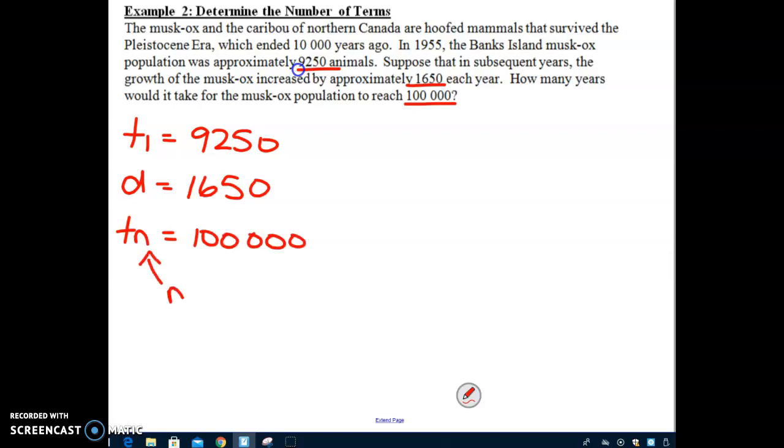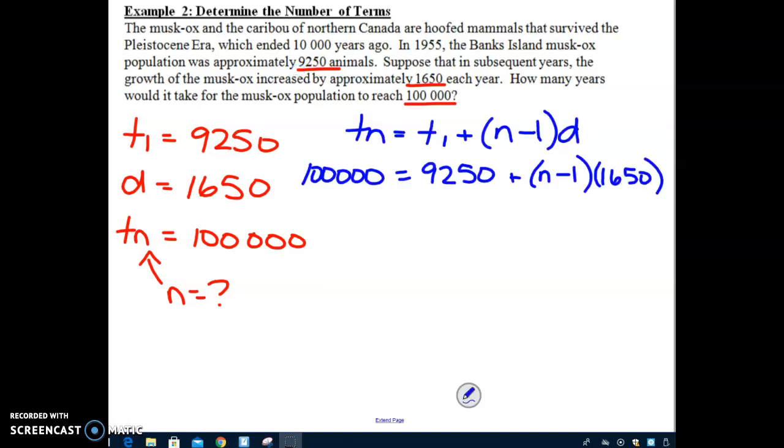So that means we're looking for n to figure out the nth term when our answer is 100,000. So we should be able to create an equation for this and then work backwards to find n. When we plug what we know into our equation, it'll look something like this. Then we just have to subtract that 9,250 to the other side, leaving us with